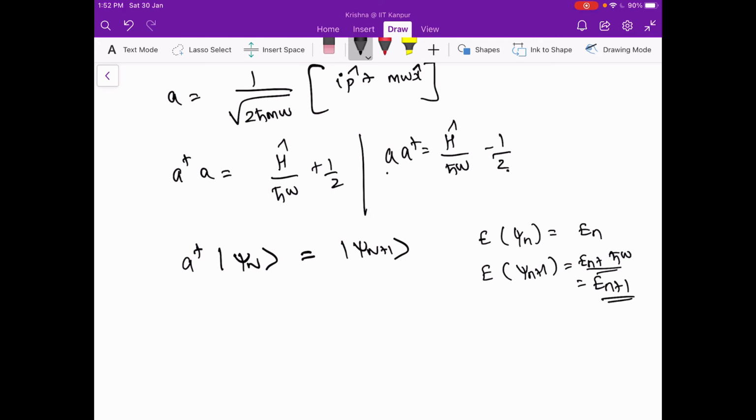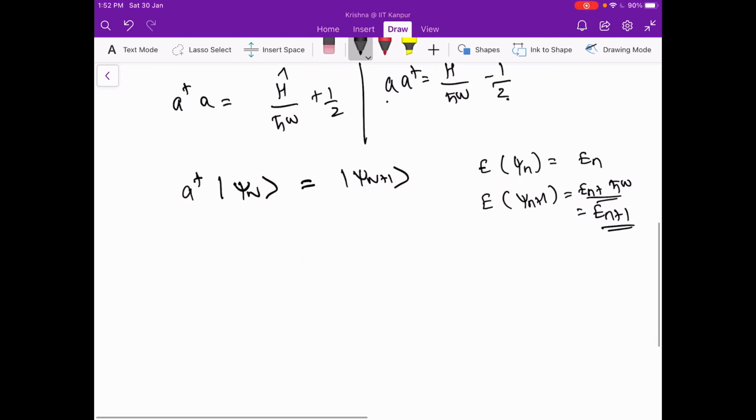This is something that we knew. We knew that the energy goes linearly with the number of things, right? And we know that A dagger acting on psi n minus 1 gave us psi n, and A dagger acting on psi n gave psi n plus 1,